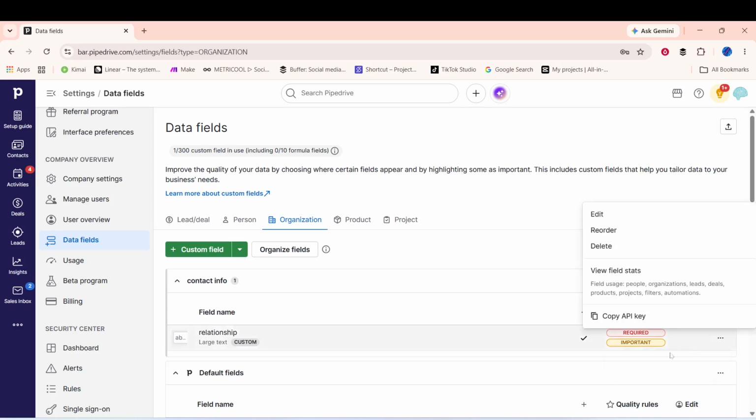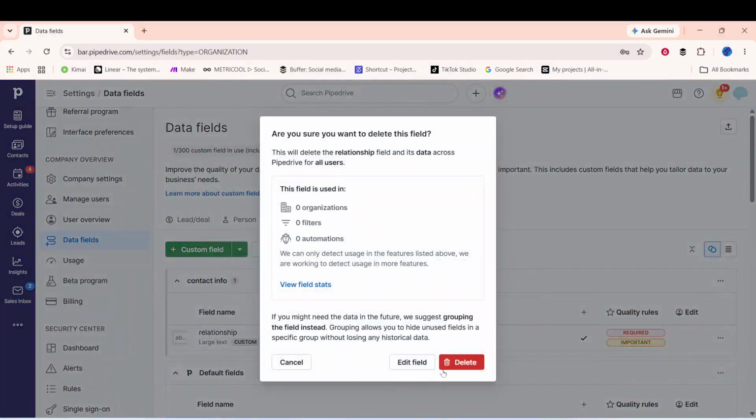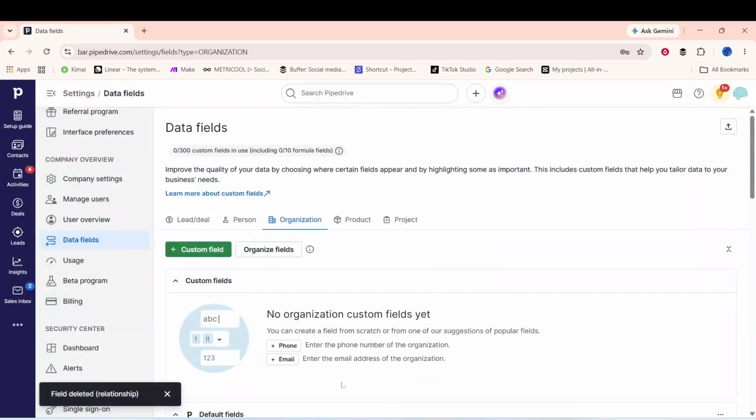In my experience, doing this once a month keeps your workspace fast and your team from getting confused by fields nobody uses anymore. You are not just cleaning up. You are